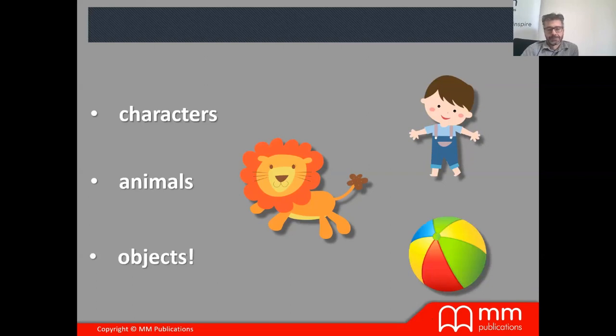Objects, maybe. For example, I did this with a group of teachers once. I said, okay, what's your favorite object? And one teacher said, it's my mobile phone. Another teacher said, my favorite object is this little stone. It was painted by her daughter, and her daughter had given her this stone. It was a small stone, and she carried it with her at all times. It was her lucky charm, probably. Another teacher said, it's my lipstick.